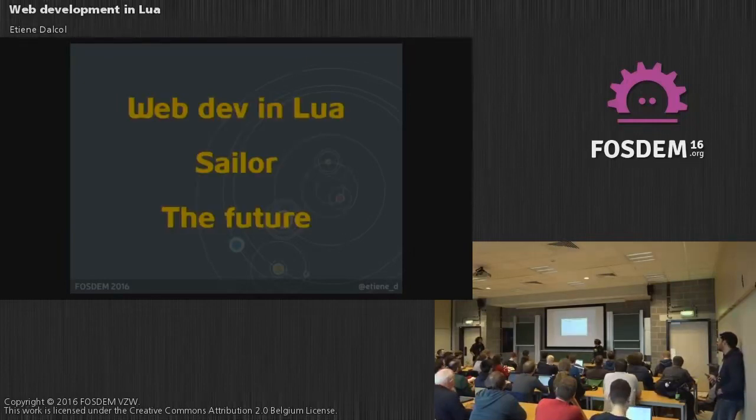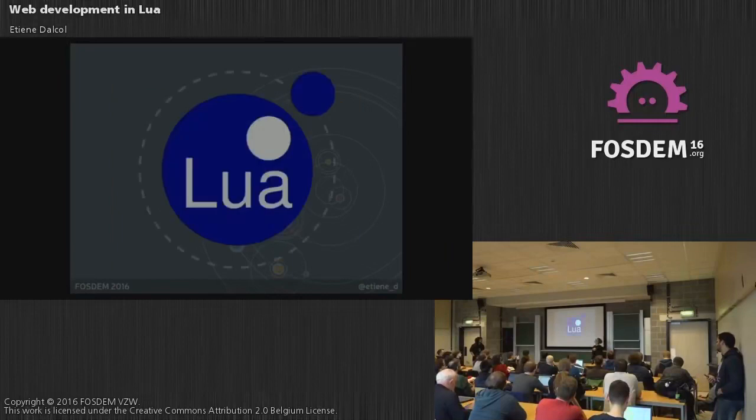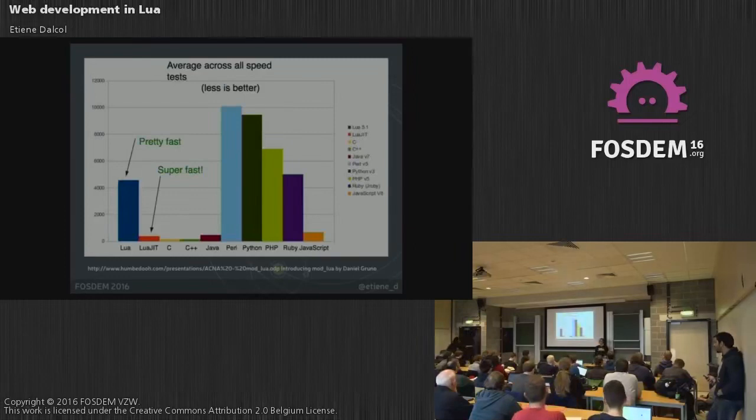There's something weird about my slides, because I skipped those, but okay. So why Lua? Why is Lua an interesting choice for web development? The thing is, it is easy. It is a language that is ridiculously easy to learn. It is very accessible. It is a high quality piece of technology and has nothing to lose comparing it to other popular languages that are currently being used in this domain, such as PHP, Python, JavaScript, Ruby. And it's also incredibly fast.